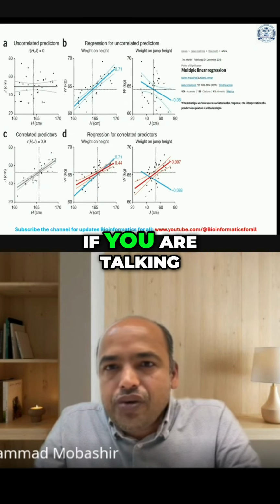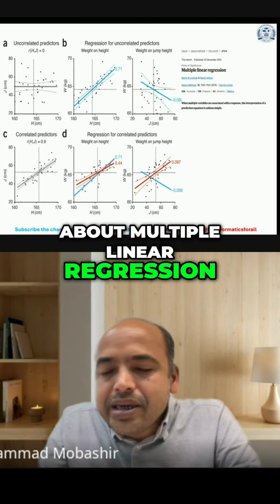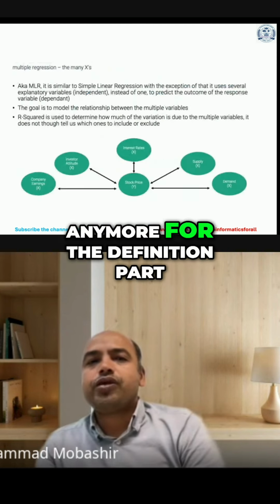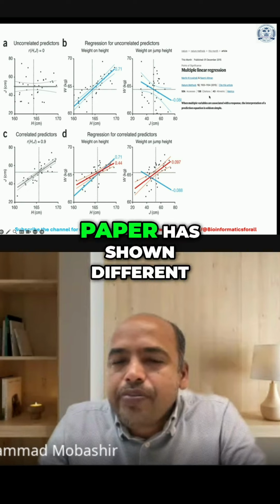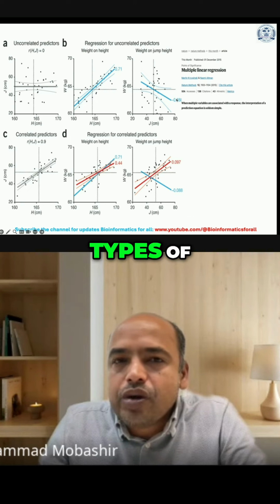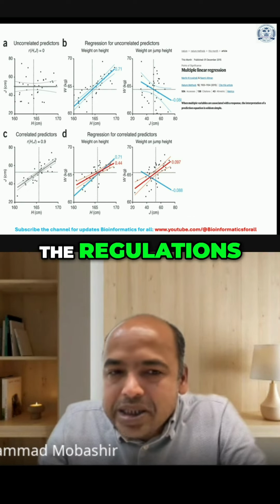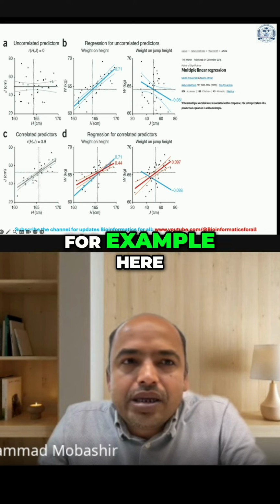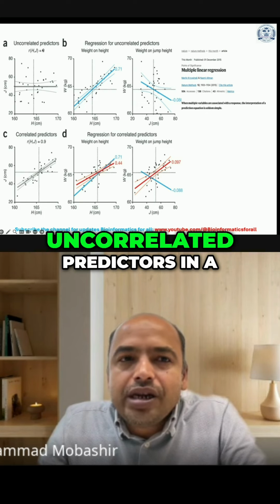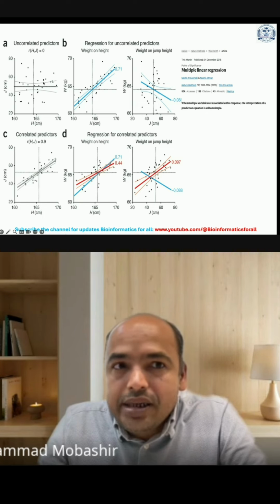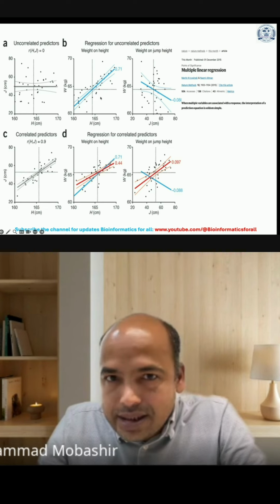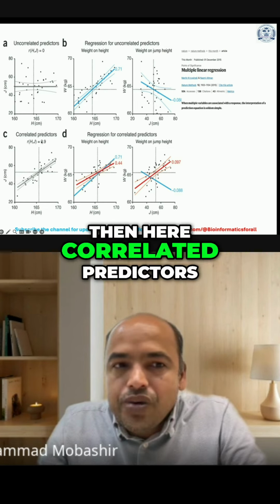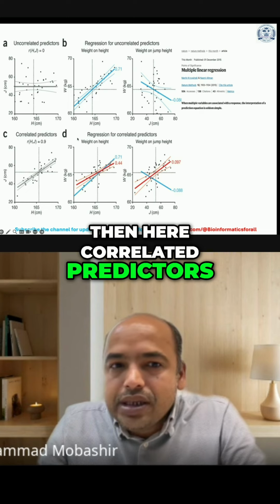So if you are talking about multiple linear regression, I am not going anymore for the definition part, where one of the papers has shown different types of regressions. For example, here uncorrelated predictors in A, then regression of the uncorrelated predictors, then here correlated predictors, then regression